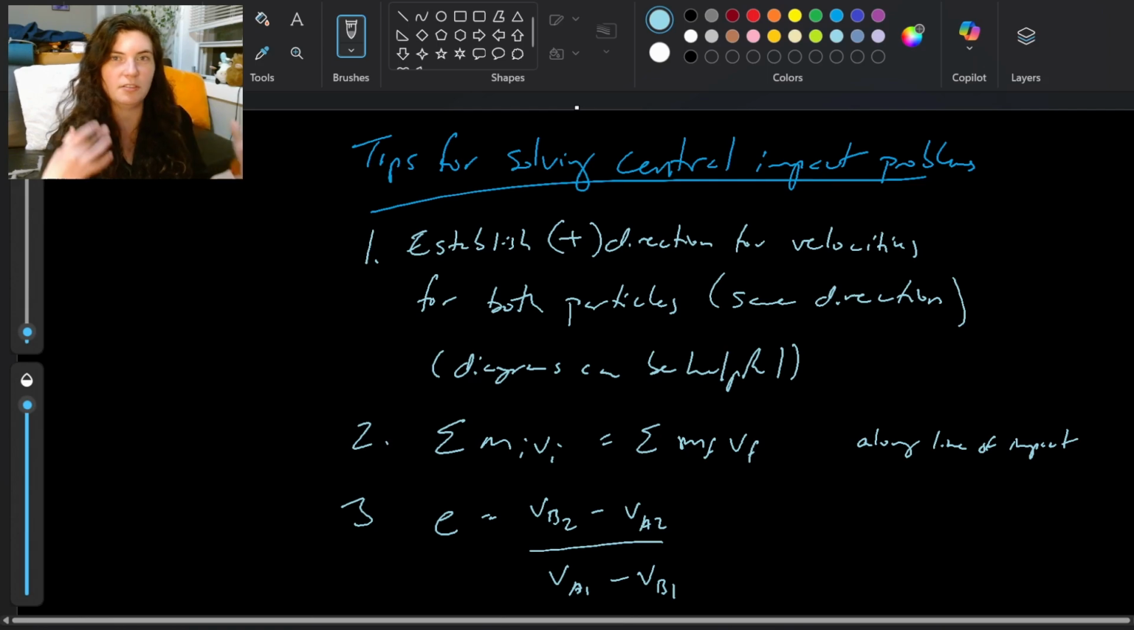Maybe you have to do a little bit of legwork to find initial velocities. You can also always use our kinematics or work and energy or F equals m a, any of the other concepts that we've talked about so far to get where you need to go. So just keep that in the back of your mind. I'll put that as 4, use kinematics